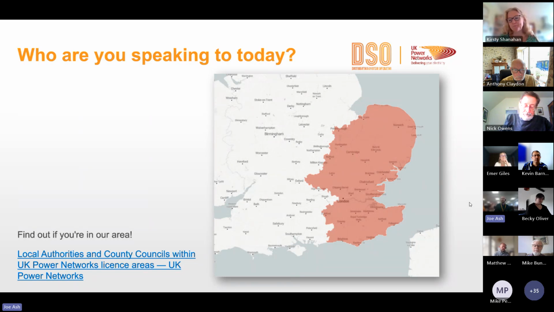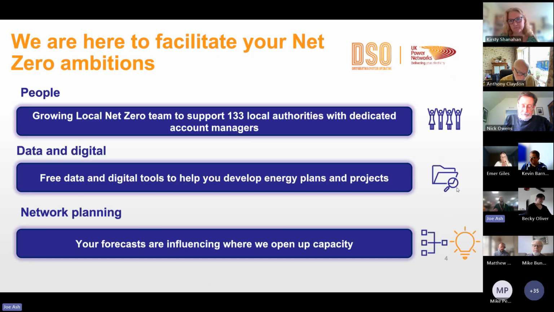There might be personal data and things like that that get uploaded. So the broad message is that the tool is really powerful. It can support a lot of different use cases, but for a non-local authority user, you need to get permission from that local authority. So as I mentioned, we are here to support local decarbonisation, and we